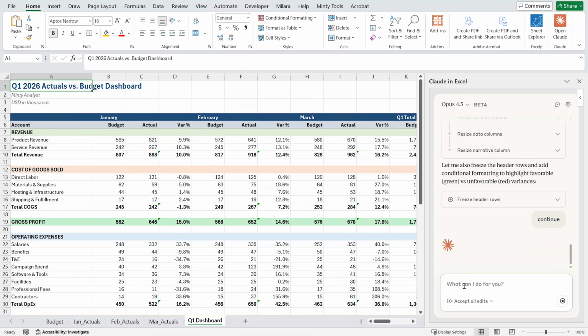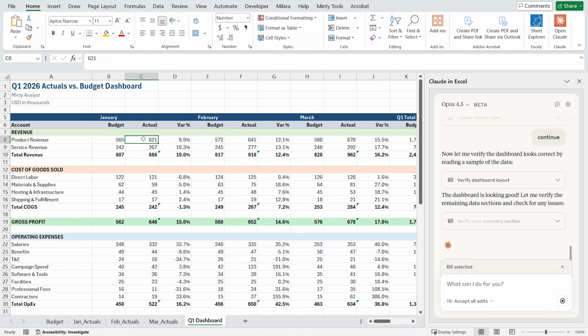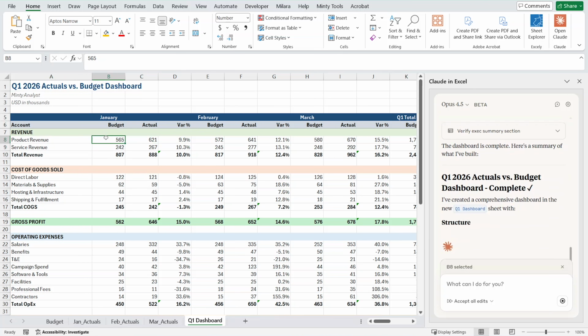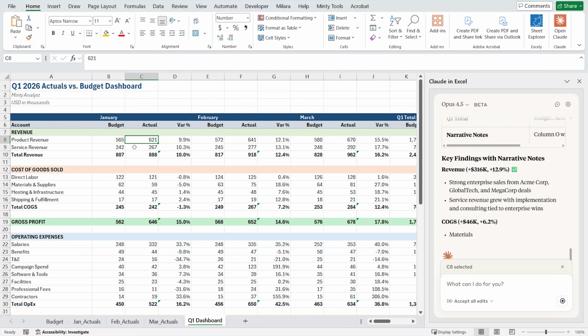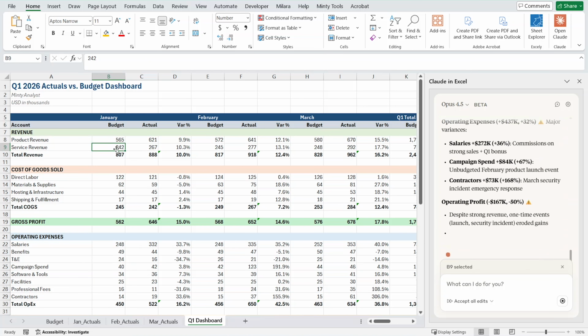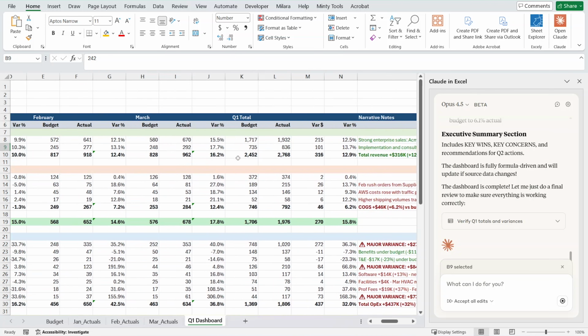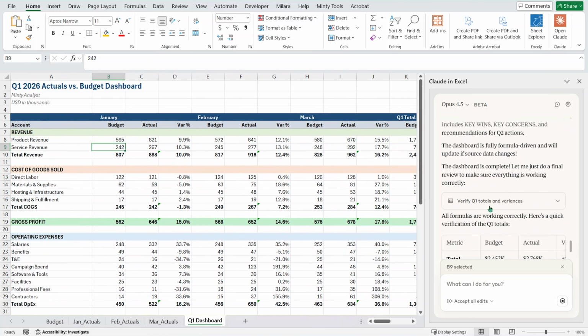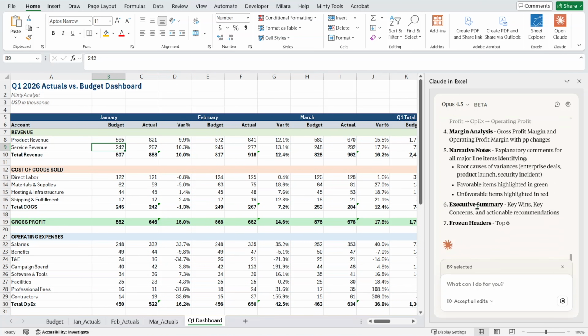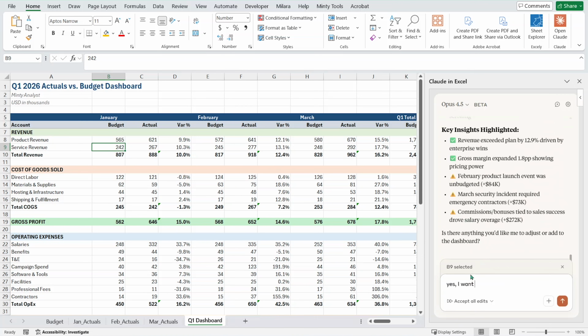Let's see, will it do anything else? Read a sample of the data. Also, are those... No, those are hard-coded numbers. I would have preferred to have those as formulas so that I know they are correct. I don't have to check if they're correct. And what I'll actually do is, oh, what's it doing? It's doing more work verifying than it did building it. Yes, I want all the actuals and budget values to be formulas pulling from the respective sheets instead of hard-coded